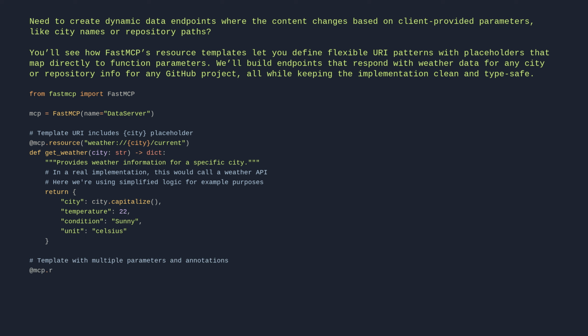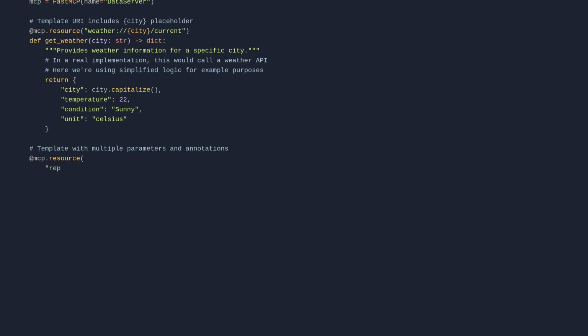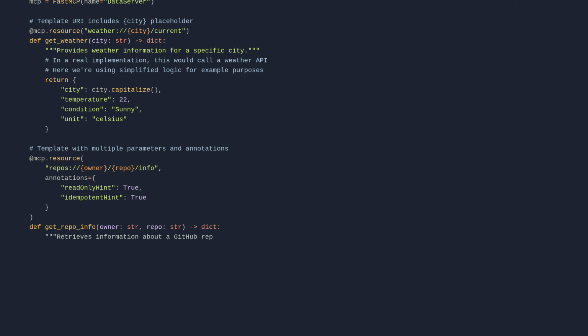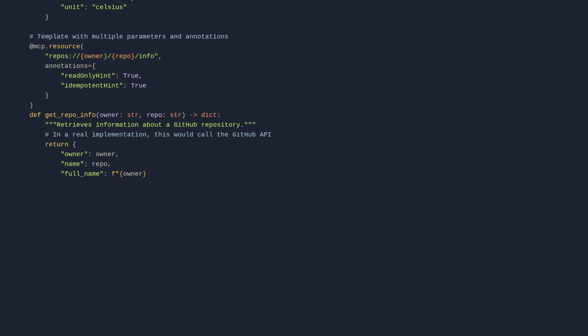@mcp.resource("repos://{owner}/{repo}/info", annotations={"readOnlyHint": True, "idempotentHint": True}) def get_repo_info(owner: str, repo: str) -> dict: """Retrieves information about a GitHub repository.""" # In a real implementation, this would call the GitHub API. return { "owner": owner, "name": repo, "full_name": f"{owner}/{repo}", "stars": 120, "forks": 48 }